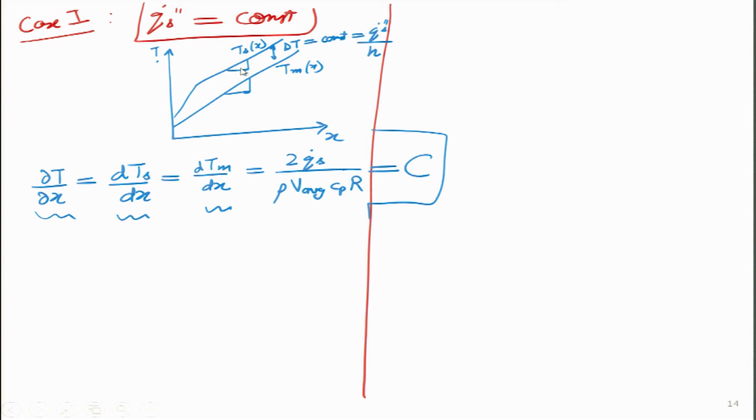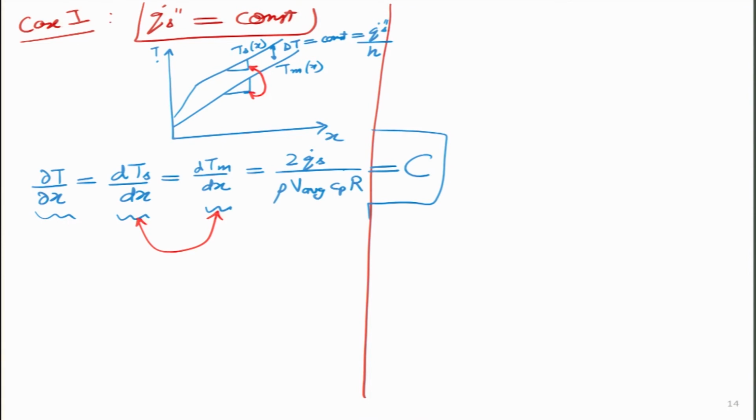What does this red equality tell me? This thing is equal to this thing. It is just telling me this slope is equal to this slope. Because what is dTs by dx? The slope of the temperature at the surface for the first curve. That slope is equal to the slope of dTm by dx, the slope of the mean temperature of the fluid, its gradient with x. So, both slopes are equal, and that is shown over here, that dTs by dx, dTm by dx both are equal, and also equal to dT by dx, also equal to this constant. So, 4 equalities we have over here.